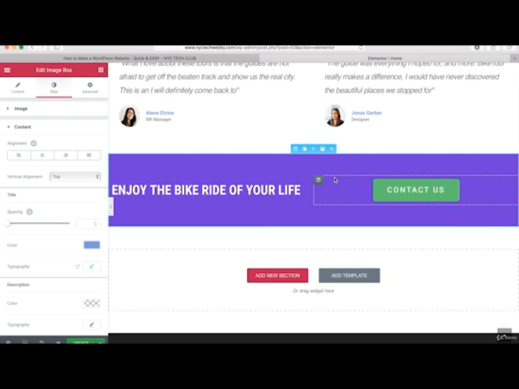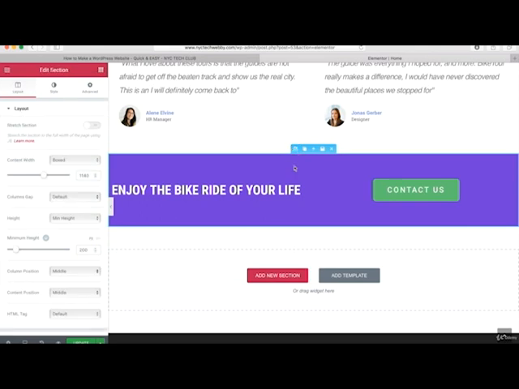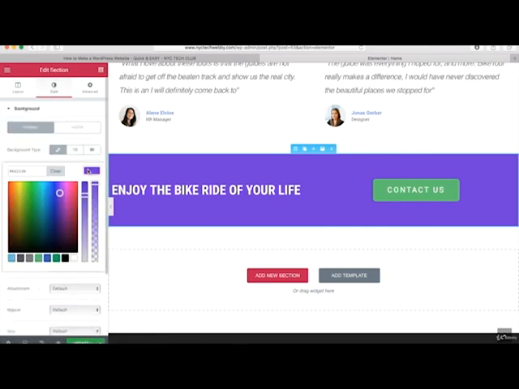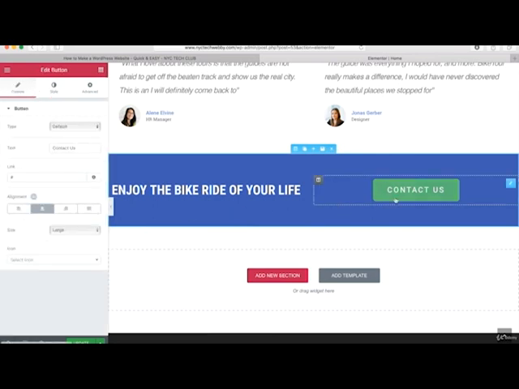And what I'll do really quickly is just show you how you can edit this section and then again link this button to the Contact Us page instead of having a blank link right here. So we'll just hover over this and click on the plus button right here. And if you want to change the background color, we can just go into the style tab right here and then go in here. And maybe we'll just have this blue color. So that looks pretty good. And then we can go and just change the button by clicking on this. And if we want to link that to the Contact Us page, we'll type in our URL right here. So I'll type in